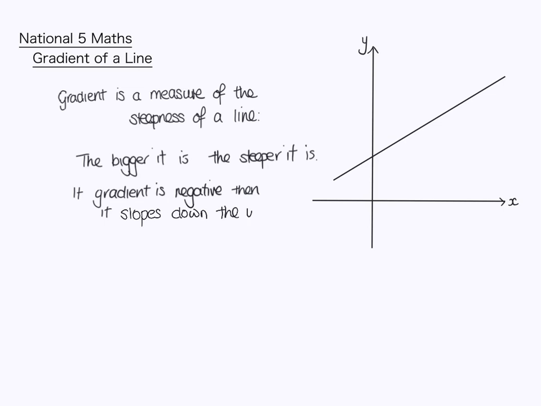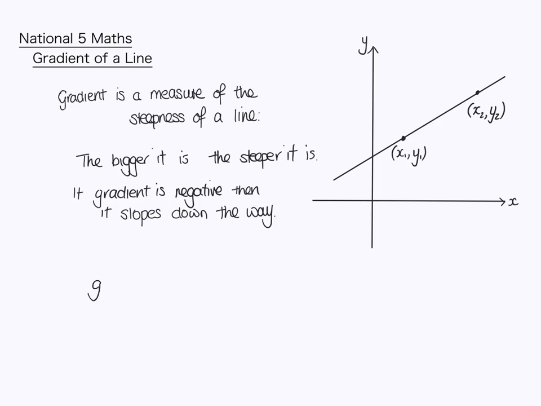Right, so that's what our gradient is, but we actually need to have a formula for it. So the formula for gradient, what we need for it is we have 2 points on our graph. We need to have x1, y1, and another point x2, y2. It doesn't actually matter which one's x1, y1 and which one's x2, y2. Like, I could take these and swap them around. It doesn't matter. But for gradient, if we remember from working with it previously,